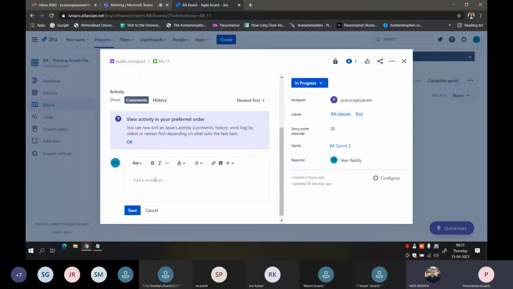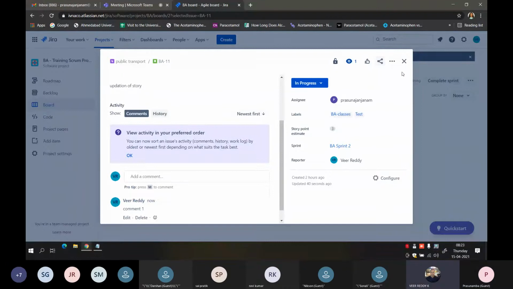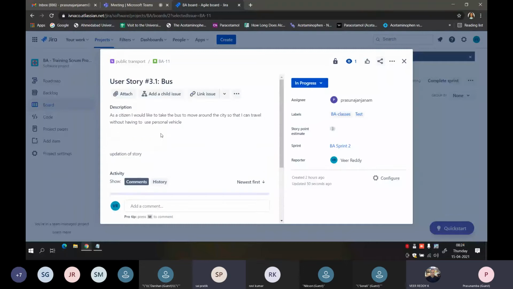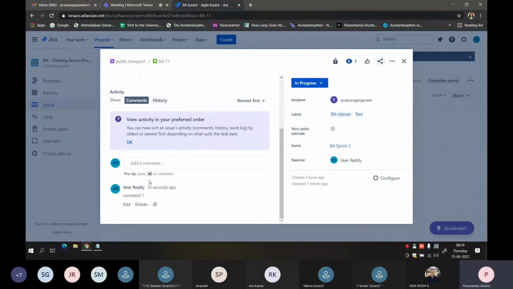This commenting can be done by anyone who has access to this story. After the work is complete, if at all there is an issue, say this story has been started and the developer has developed whatever is needed for the story, and they comment stating that